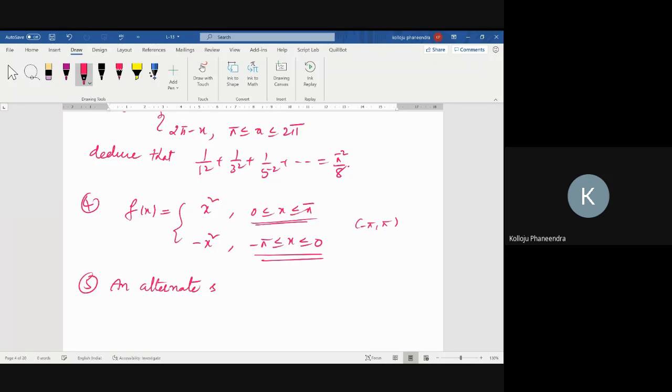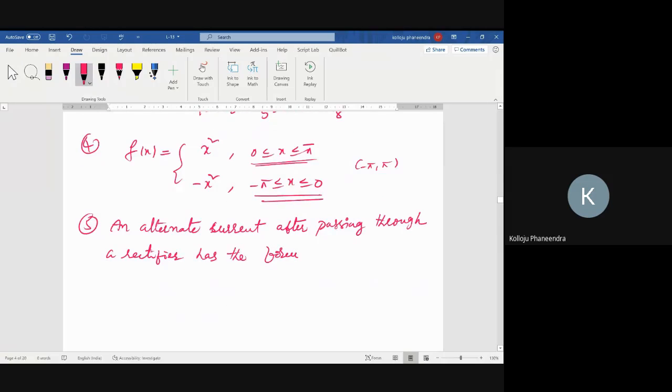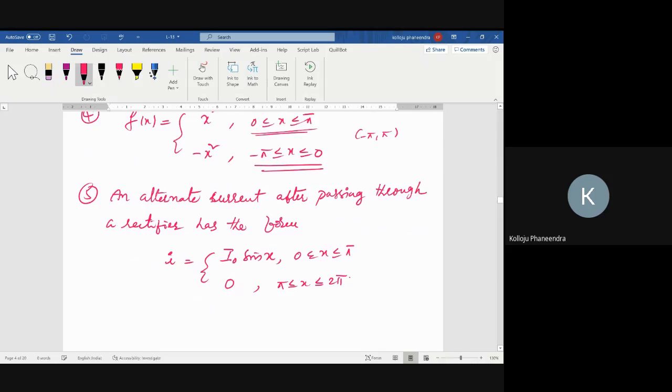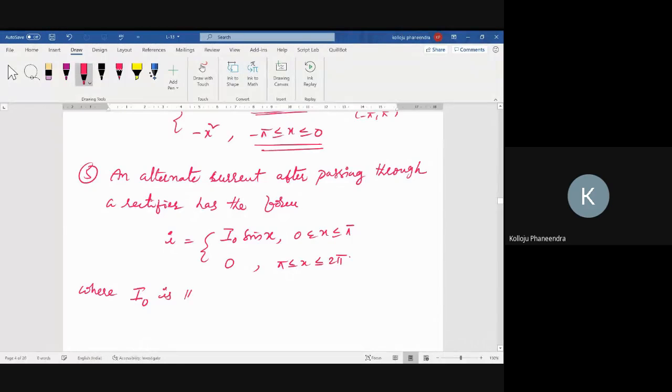An alternating current after passing through a rectifier has the form I equal to capital I naught sine x in the interval 0 less than x less than or equal to pi, and 0 in the interval pi to 2 pi, where I naught is the maximum current,